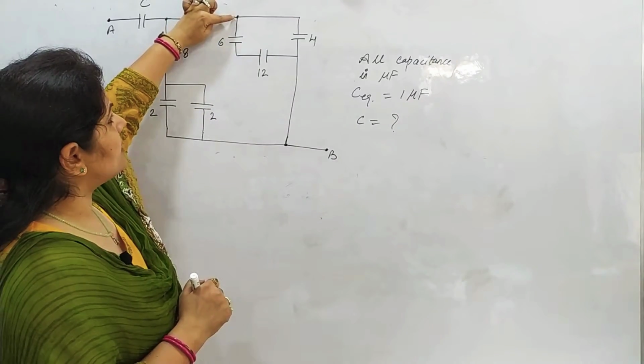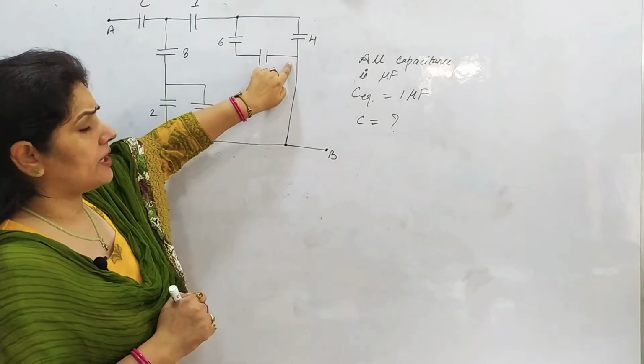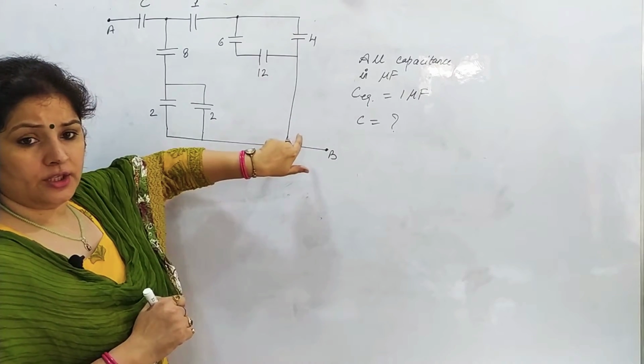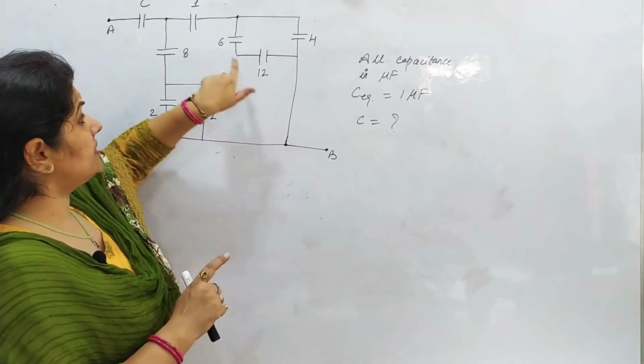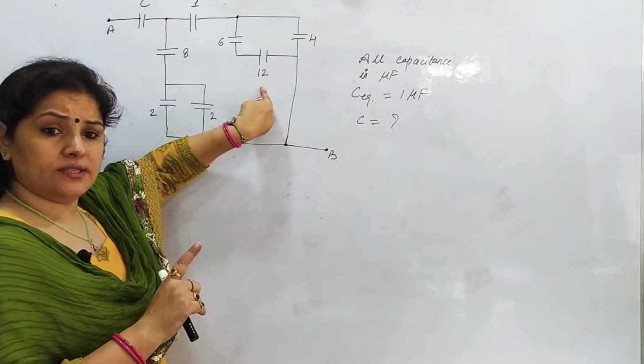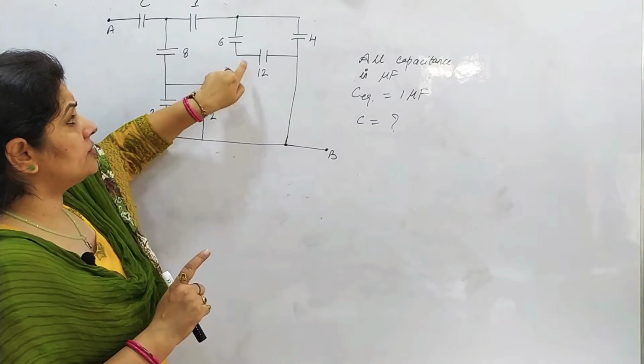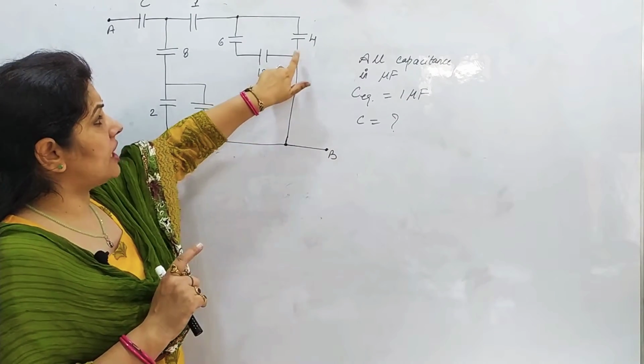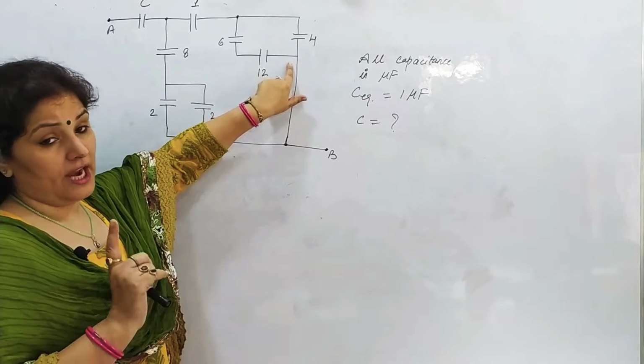यहां से जो भी चार्ज आ रहा है 6 में और 12 में तो जा रहा है, लेकिन यहां जाने के बाद यहाँ पे और यहाँ पे डिवाइड हो रहा है. So these three are not in series, only 6 and 12 are in series. 6 और 12 को सॉल्व करके जो आंसर आएगा वो और 4 will be in parallel because the charge is getting divided from here. That you have to remember.